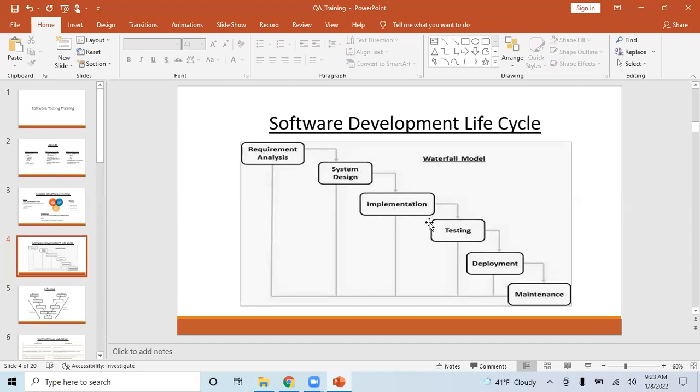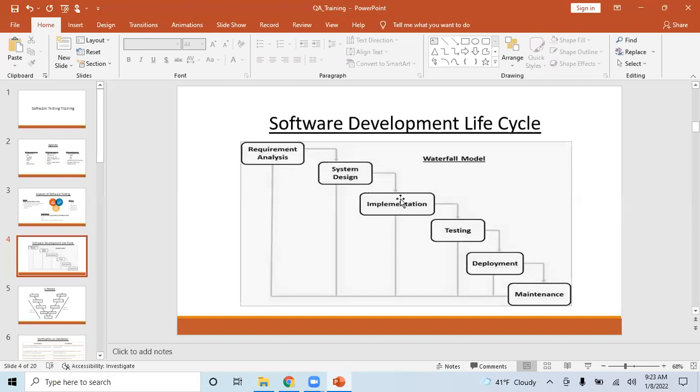This implementation phase is where the developers come into the picture. Developers will start understanding the system design and the requirements, and then start doing the coding. All coding and unit testing happens here in the implementation phase.